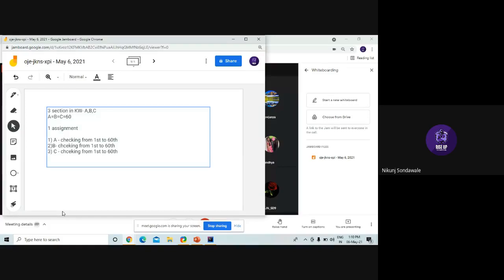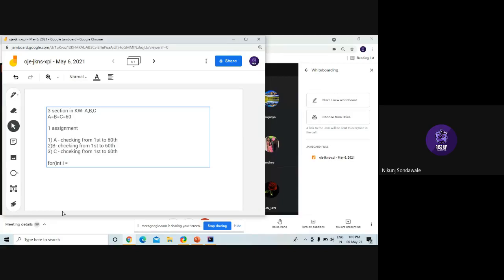This is my operation for checking. Let's see what I am doing here with the help of a for loop, a nested for loop. Let's have one for loop. I have declared an integer variable i to count my number of classes.